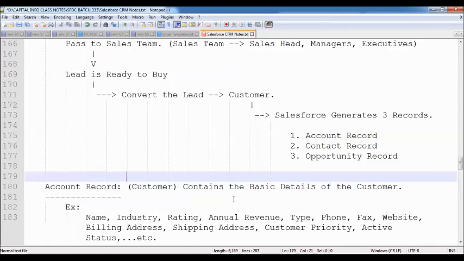Whenever the customer purchases the product, we give some warranty card. In that warranty card, we give the assurance. Warranty card means what? Assurance, that means guarantee. It says: I am responsible. If you are facing any problem with my product, I will provide the service to you. It's not chargeable, it's free.